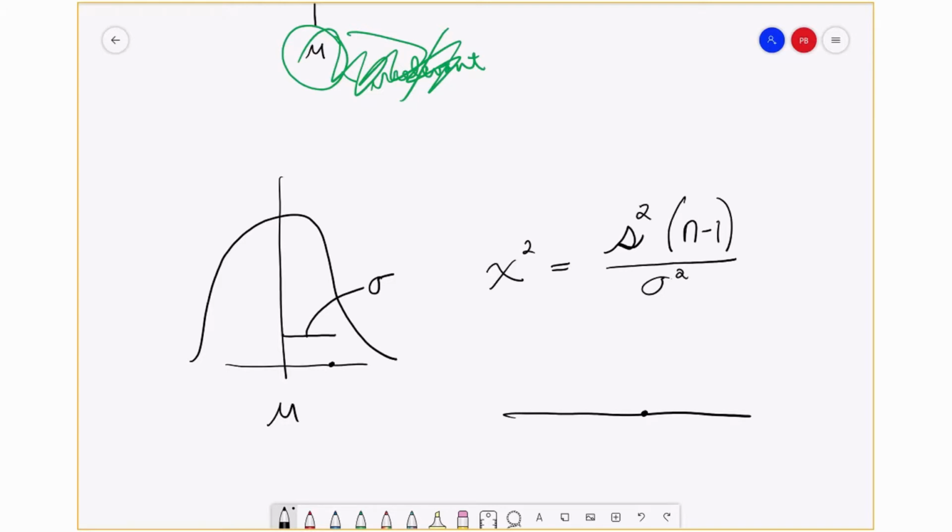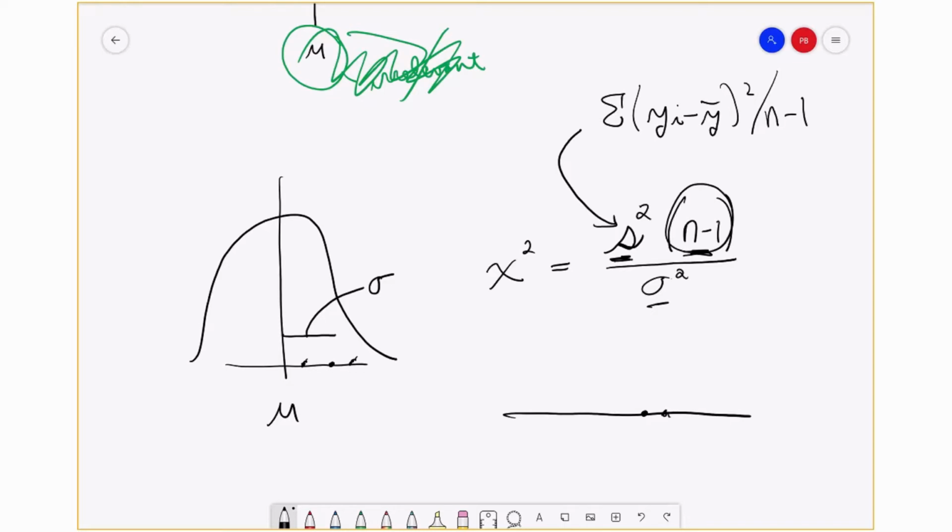And just as a reminder, where does this come from? It's the sum of all the y_i minus y bar all squared divided by n minus 1. And then we could repeat that process. We could draw another individual from this population. We could calculate S squared. We know what n minus 1 is, and the n minus 1 is going to be constant through each of our samples. Take another sample, same n minus 1, calculate a new value of S squared, use the same old sigma squared,